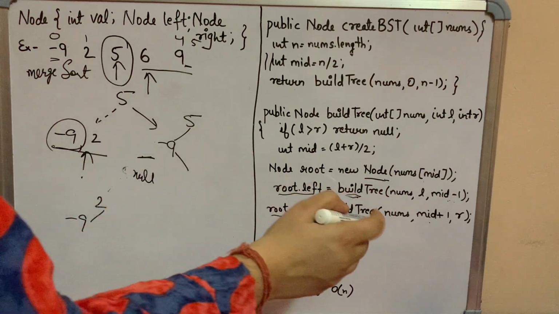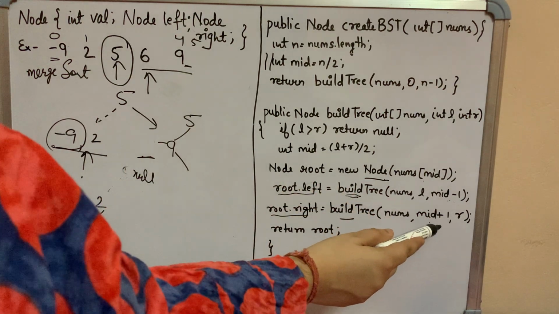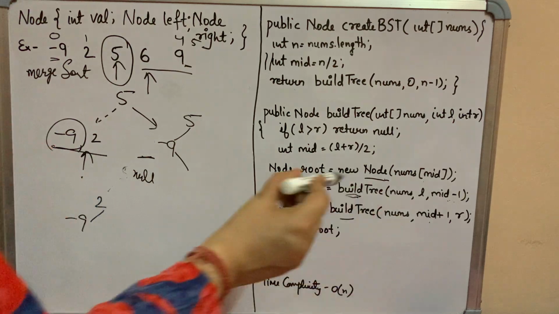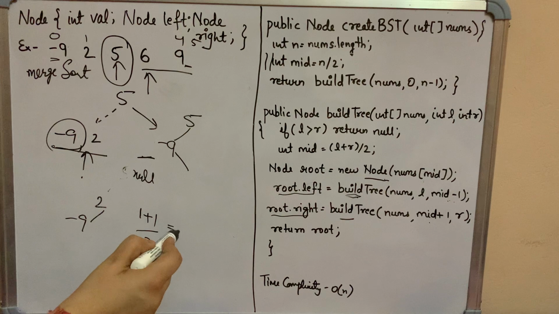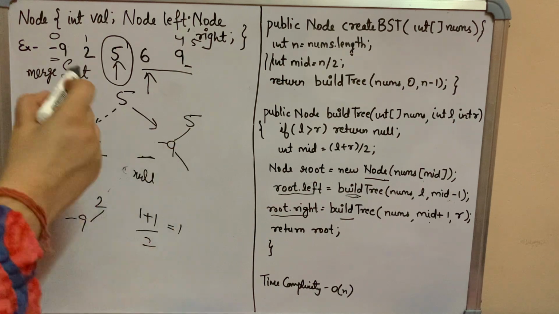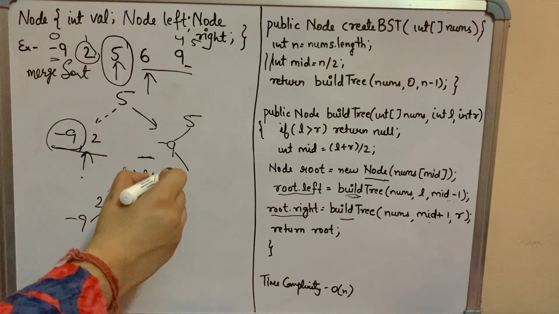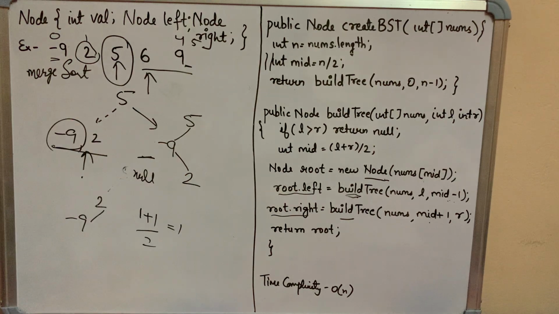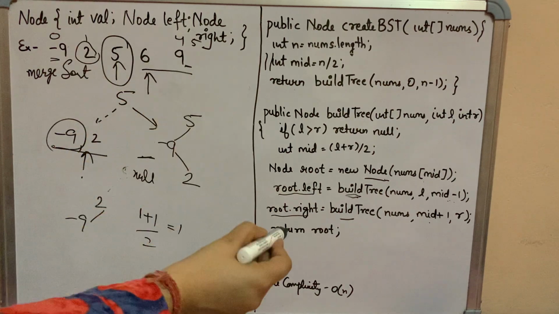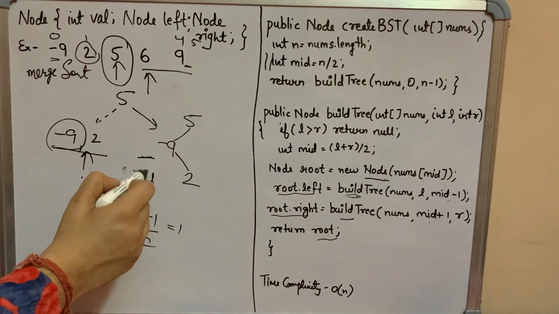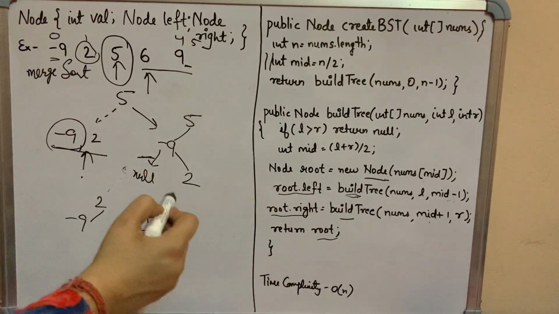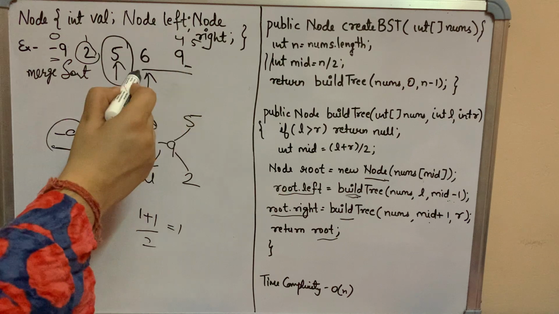What about the right section, middle +1? What was it? 0. 0 plus 1 is 1, and right is already 1. 1 plus 1 by 2 is your 1. So it will have your 1, and you will put, what is that one index? 2. 2 here, right? Similar for the left section, and you're returning this root. See, for left you return null, so this has null. For right you return 2, so this has 2. Similar thing you will do for this section.